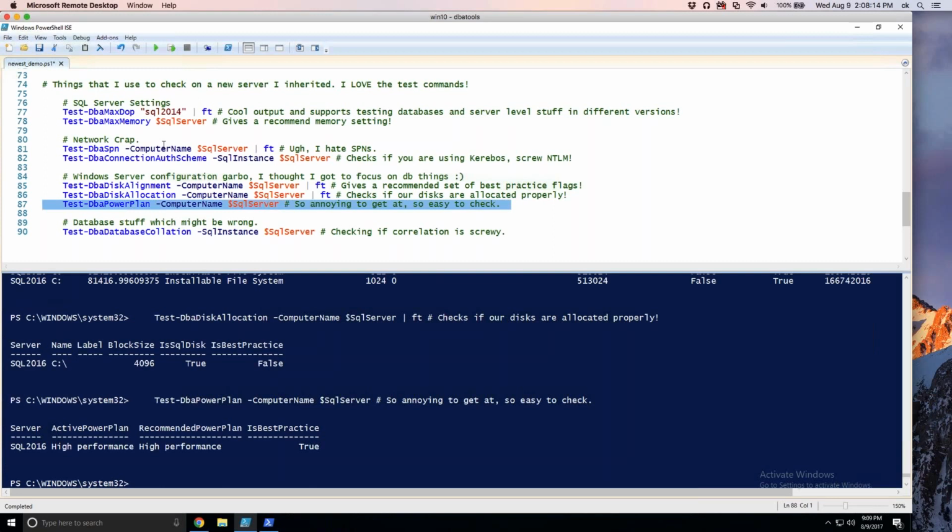So you definitely want to make sure your DBA power plan is set to high performance. Actually, this was a fun one because we had some German users, DBA Tools is an international project, come to us and say, hey, this doesn't work. Why isn't this working? Of course, German error messages, I don't read German. The actual problem was high performance in German is, of course, not the words high performance. And so we had to internationalize Test-DbaPowerPlan to check for the high performance GUID that you have